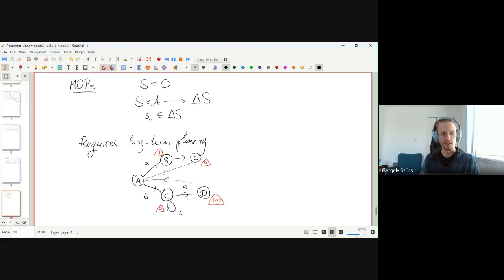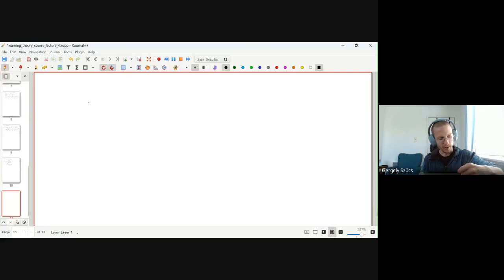So that's the kind of thing that happens in MDPs, that you need some sort of long-term planning in order to perform well. In particular, we see that a greedy policy with regards to the reward doesn't do well for an MDP. But it turns out